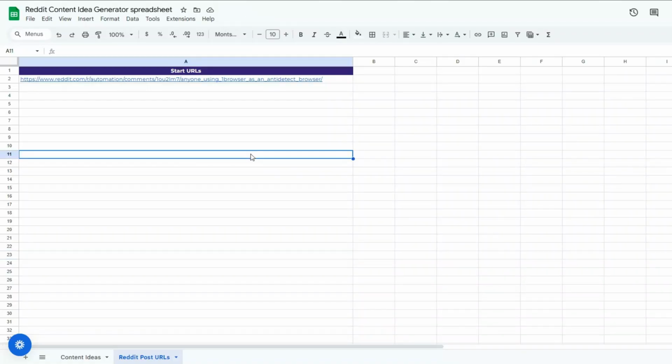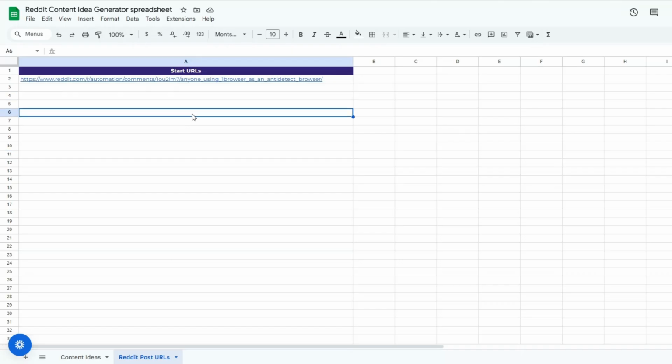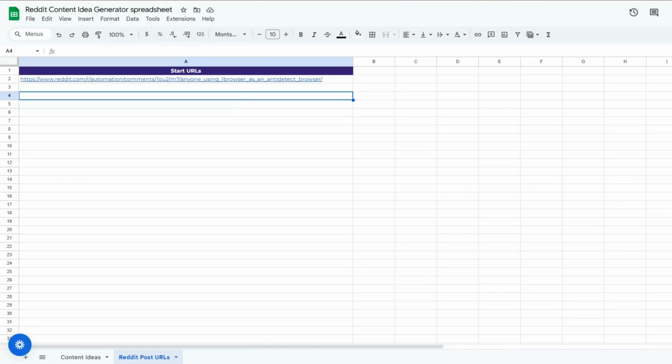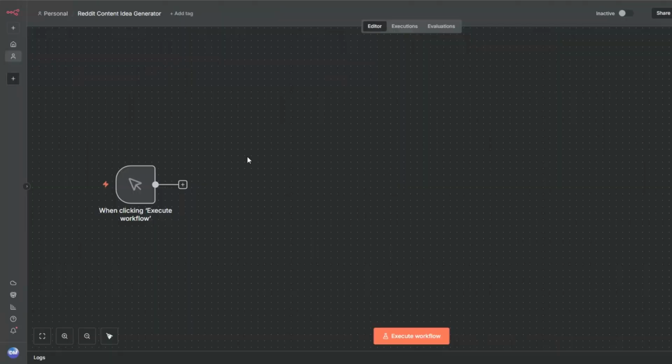In Google Sheets, I've created a spreadsheet that I've renamed to Reddit content ideas generator spreadsheet. In this spreadsheet, I've created a sheet that I've renamed to Reddit post URL. So here's where we're going to add our post URL that we'd like to use to generate our content ideas. So copy the URL of the post that you'd like to generate content ideas from and paste it right here. So now to get our URL right here in our workflow, so we can use the post to generate our content ideas,